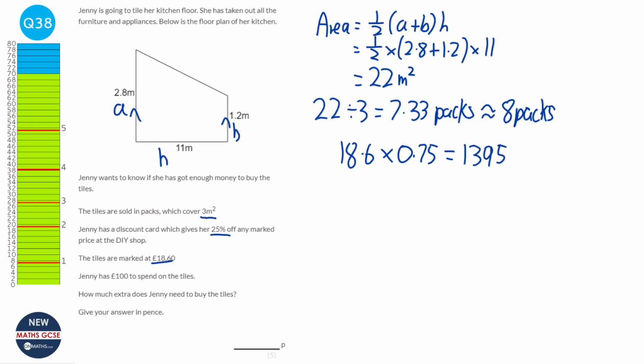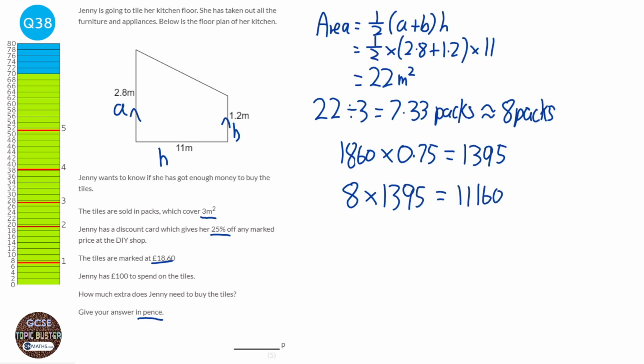Now I've done this in pence and I've kind of muddled it together here, so really let's just go back because I've kind of done this in pence. So that would be 1,860 times 0.75, and so each pack will cost 1,395, and the reason we're doing this in pence is the answer needs to be given in pence, so I might as well just make that conversion now. And so it's going to be 8 lots of the 1,395 pence packs, which will cost in total